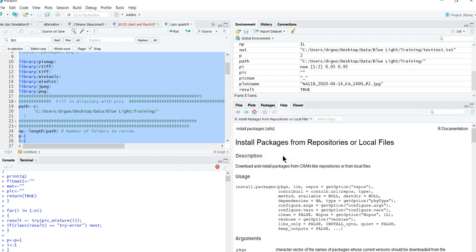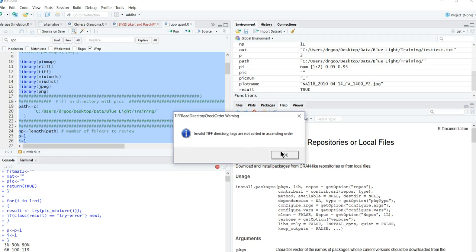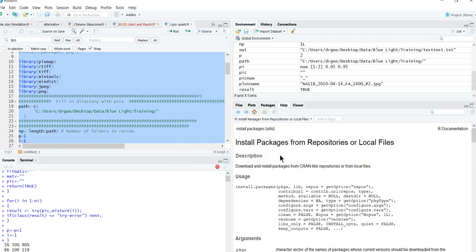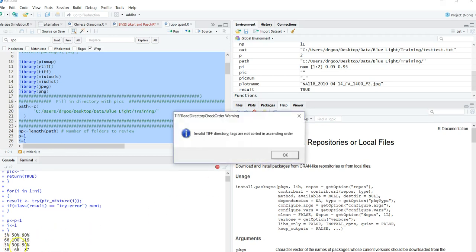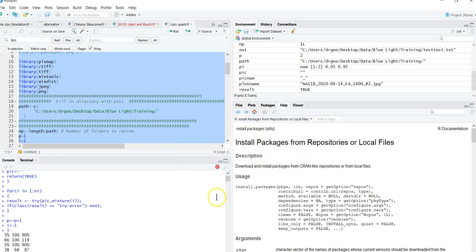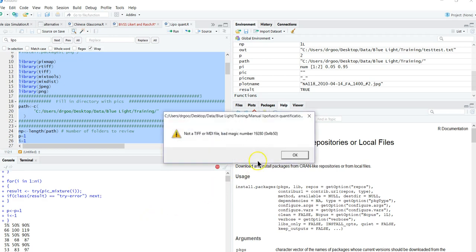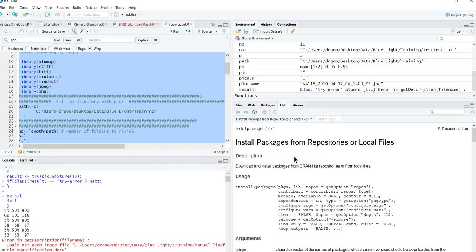You just have to do it a couple of times for each one, and it will go through and do the analysis. You can tell it's working down here because these are the 5th, 50th, and 90th percentile of the illumination values, and it's running them. I have no idea what that means, but